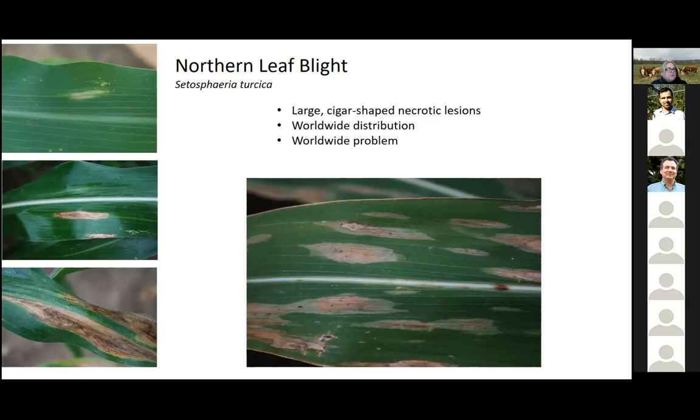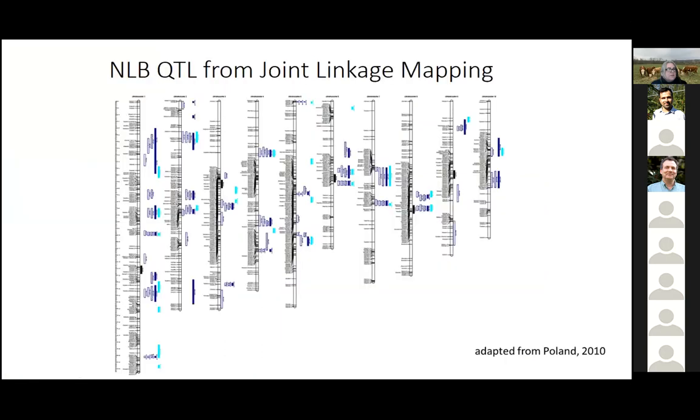It's a worldwide distribution. It's a worldwide problem, as we heard about a month ago from one of the other talks on C. dyspharia. I like to say that I can go into any field and find northern leaf blight lesions. That's happened almost every year except one where it was extremely dry. And I still found it in my mom's sweet corn field. But you basically can find it everywhere. So there is resistance to northern leaf blight.